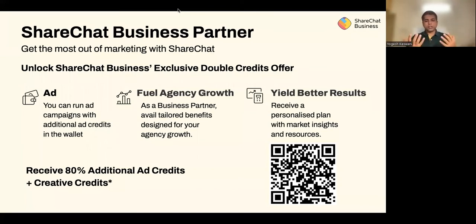But on a very broad note, the campaign delivery, you have complete control over it, and you can monitor it on a day-to-day basis and keep playing around with the budget and your ad bid to get the best possible results for you. The optimization that we run on the algorithms takes around 10 days to 14 days for the algorithms to learn and then deliver really optimized campaigns for you.